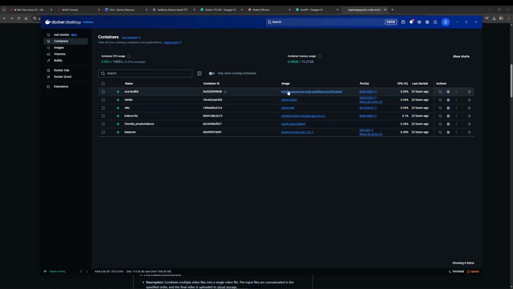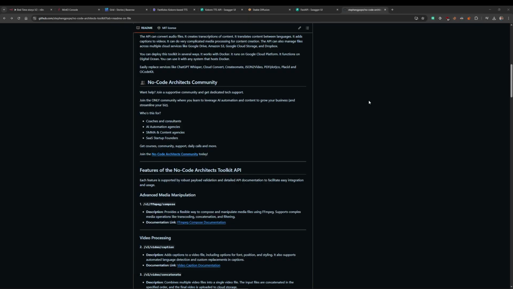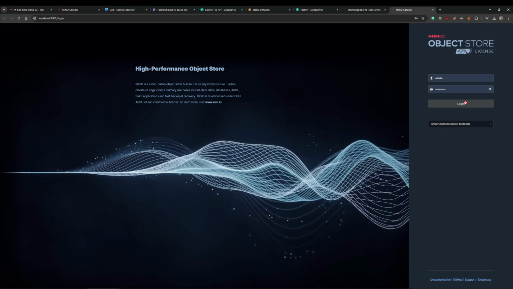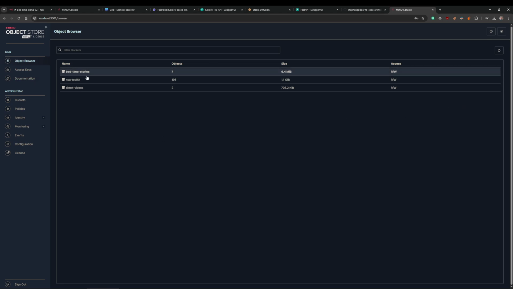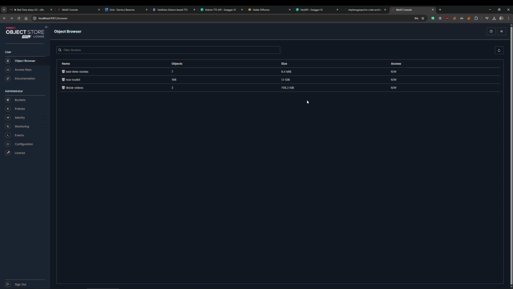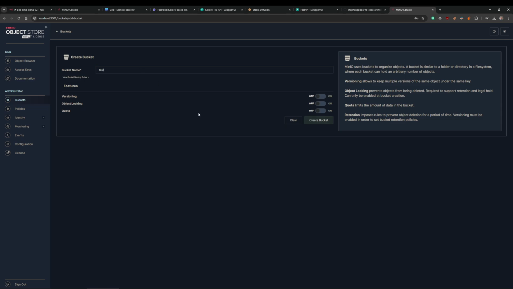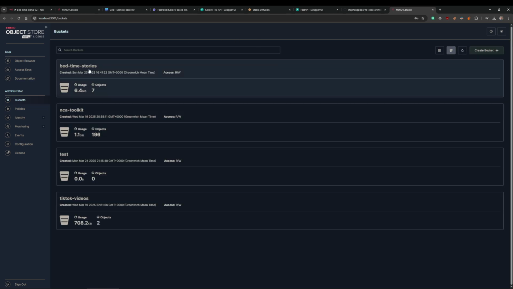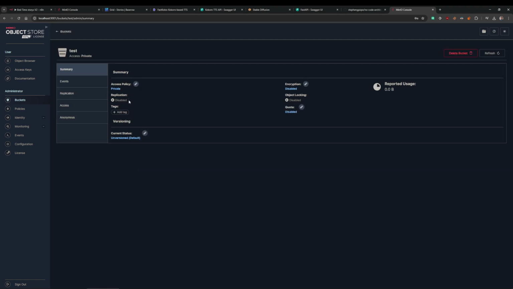It's super straightforward. The next one is MinIO. This is storage. So once you've got this installed, you can create buckets. This is like having Amazon storage, or Google storage. So you create buckets, you can upload stuff to them. Really, really straightforward to use. The one thing I would say is when you create a bucket, so if I go and create a bucket here and just call it test, and then click create,